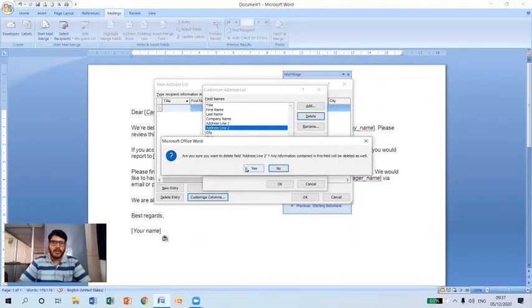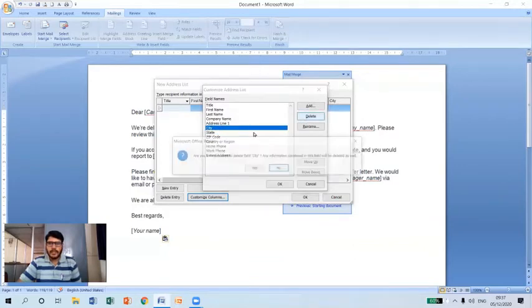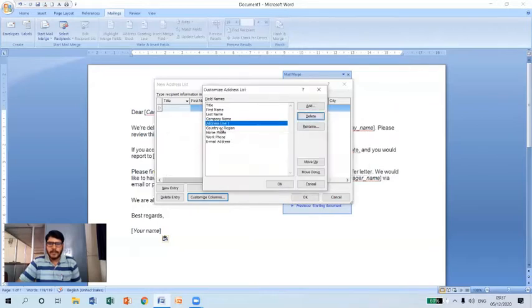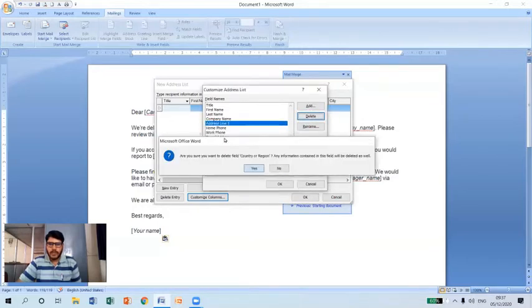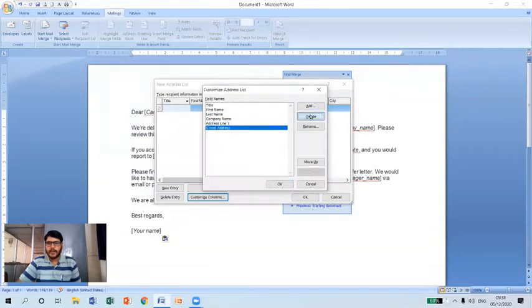It is showing a warning message asking whether you want to delete this address line 2 field. Click on yes here so that address line number 2 will be deleted from the list. And similarly, I don't want to retain a city name and state. Okay, so click on city and delete, state, delete, and zip code, delete. Likewise, whichever you want to retain, that can be retained, and whichever you don't want to retain, simply you can delete from the list.